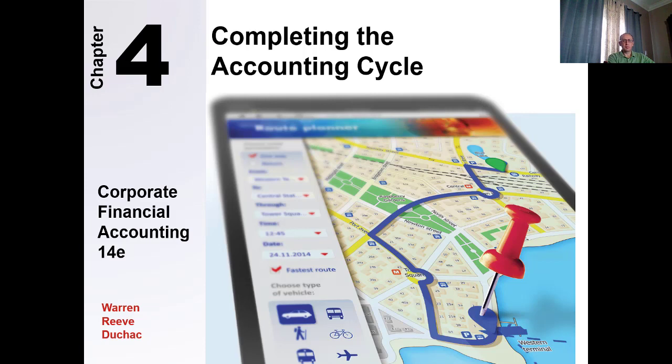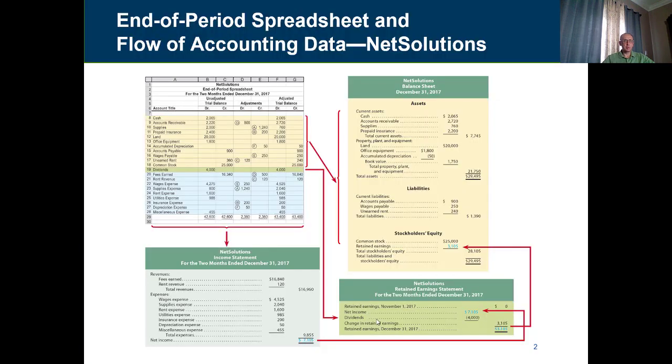So in this chapter, we want to start by trying to understand the relationship between the financial statements. One of those things that we normally don't cover too much in class is a spreadsheet, or what we call the end of period spreadsheet. But we're going to see how, if we're using the spreadsheet, we're going to prepare the financial statements and in what steps. So typically, accountants would prepare this kind of spreadsheet, like an Excel sheet, that would have